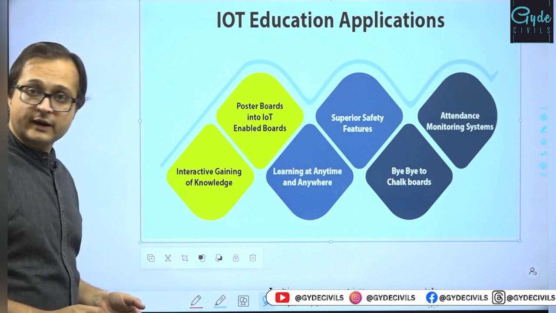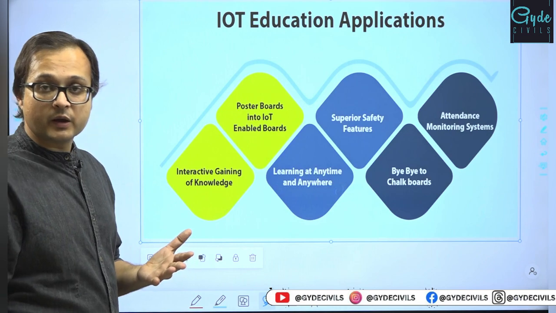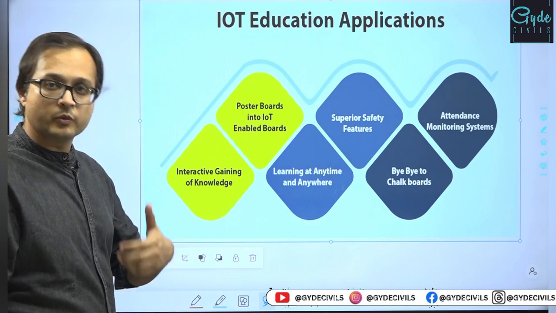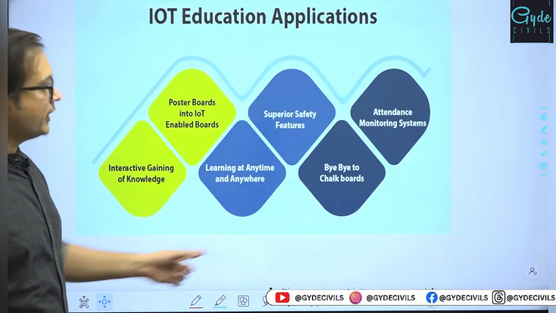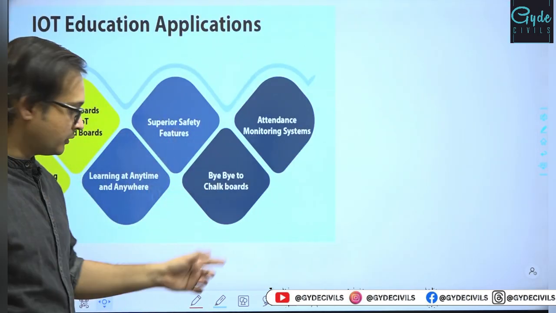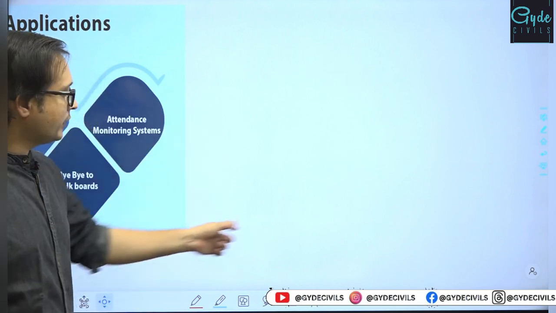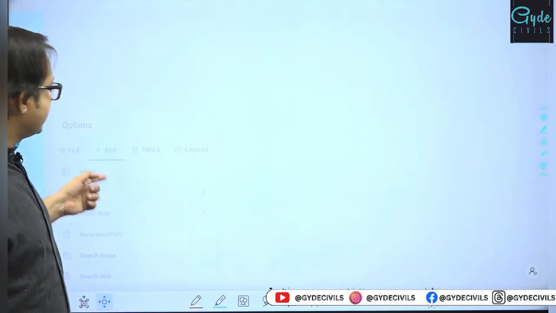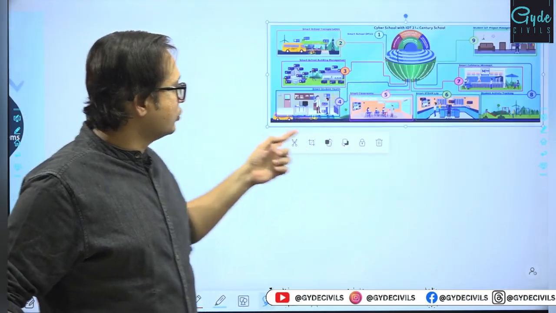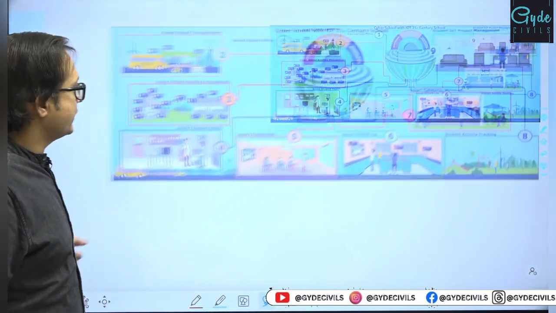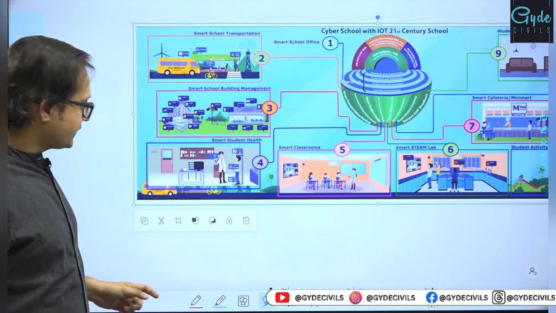We have seen this thing in RFID also. RFID helps to connect with the students and to create a classroom control system or the campus control system also, right? In this same way, IoT is the larger aspect of that. So when we try to understand the utility over here, in education, a cyber school can be created with the help of Internet of Things, right? A cyber school can be created, where in cyber school,